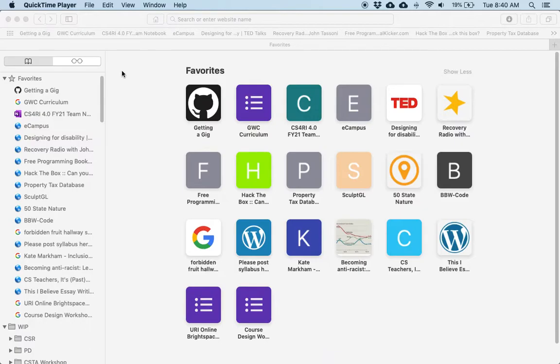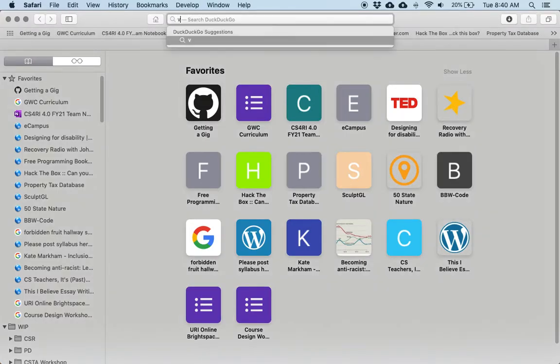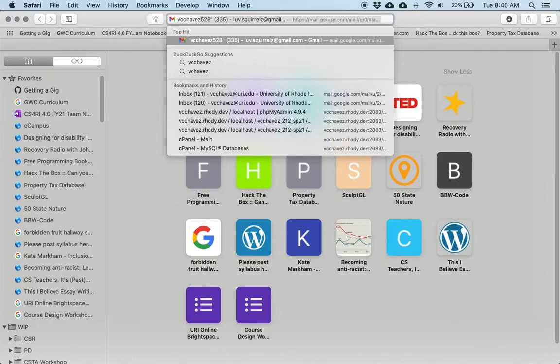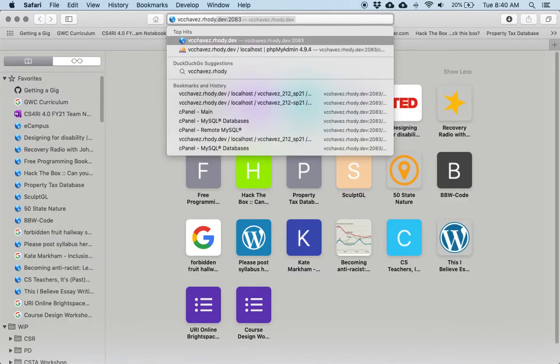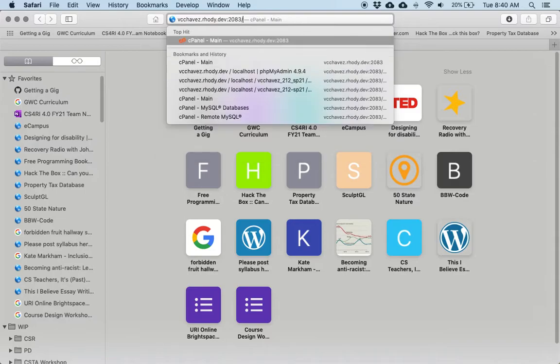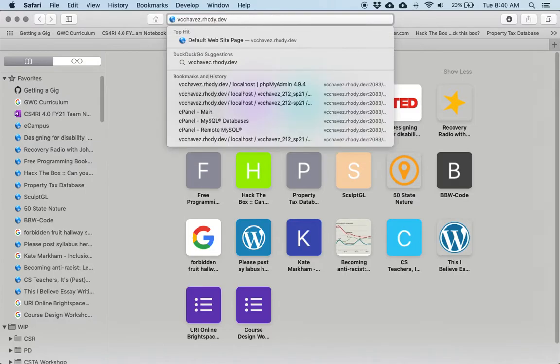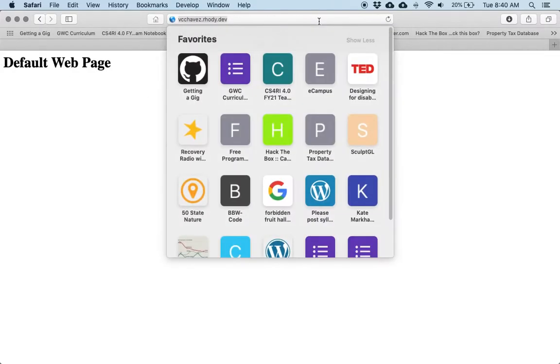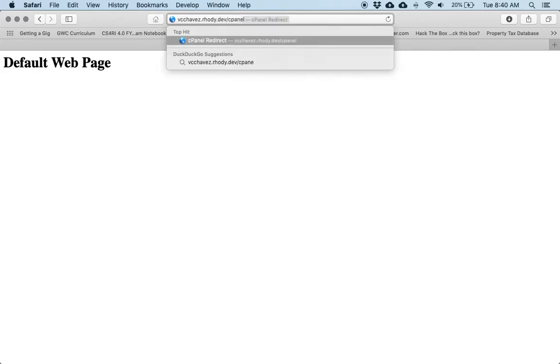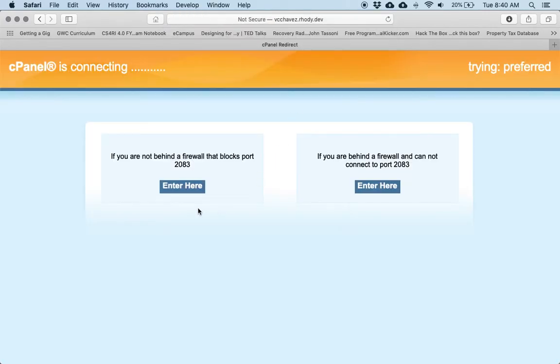Do a really quick, or hopefully brief, overview on how to create a new database on Hostgator and connect to it using Node.js. So you're going to start by visiting your rody.dev site, which for me is the default, but for you you have some stuff on there. You do /cpanel,